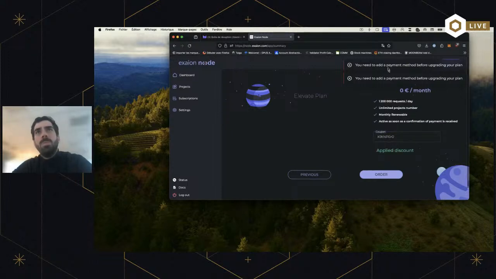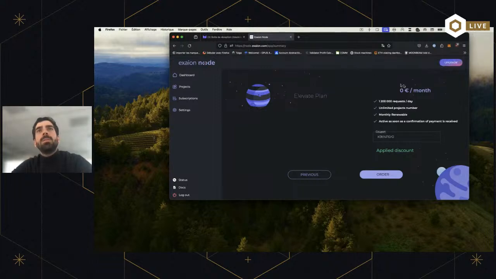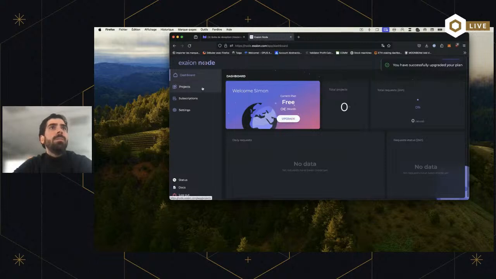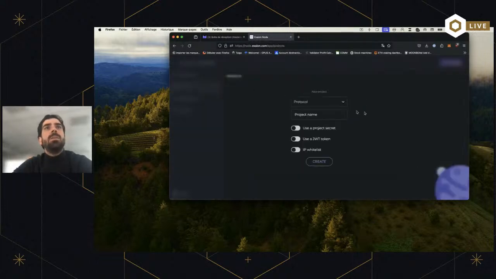Well, I have to apply it, okay, and so I order it. So you don't need to add a payment if you apply it first, and then you see you have the plan. You can create either projects. Let's put a project on Polygon mainnet hackathon. I create it,